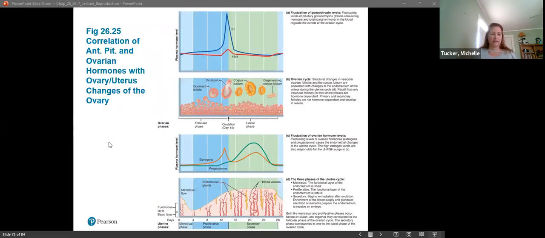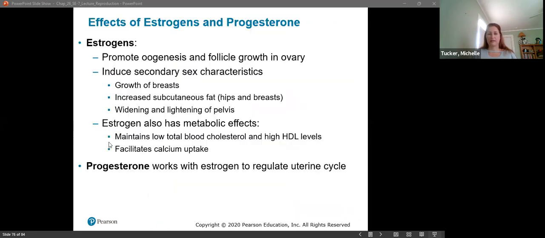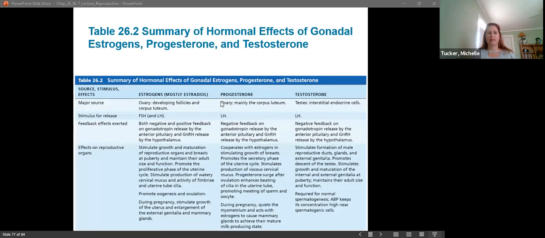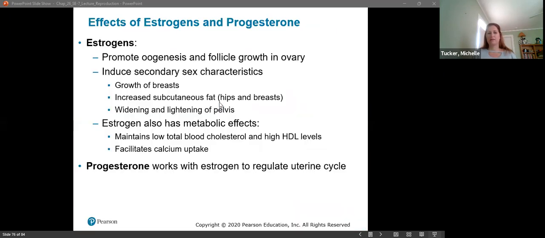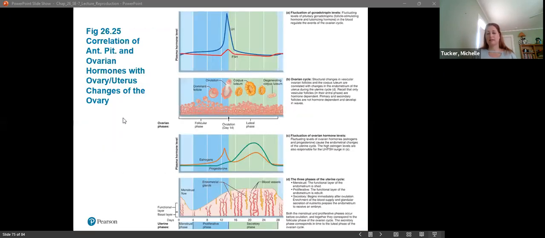This is pretty much the last slide. This one just goes over general effects of estrogen, and then there are 2 lengthy tables that are in your book, and I'm not going to go over these. So this is the last slide that we're going to go over. And it's an